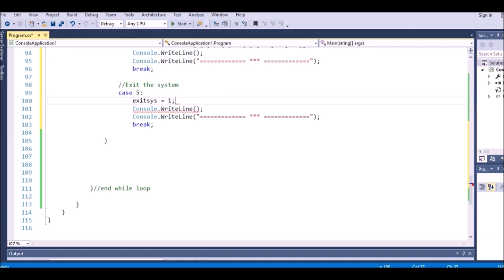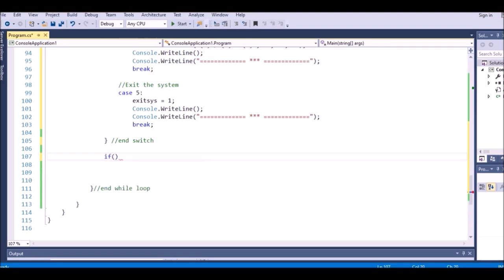That should be 1. But outside, right? So outside this one for the end of the switch, right? This one for the end of the switch. So outside the switch, I will change to be if